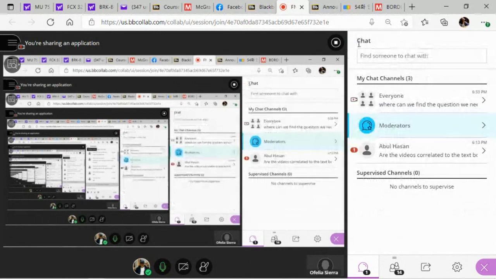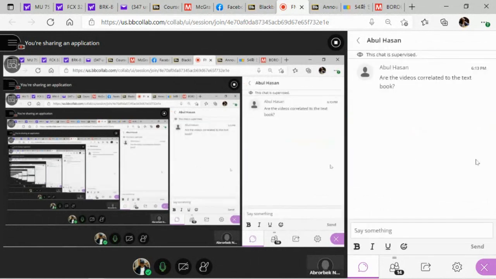Professor, is that how we're going to do the quizzes? Where are we going to do the quizzes from? It's going to be on Blackboard. I have already prepared quizzes and exams on the Blackboard. It will be automatically graded. When you do it on Blackboard and submit it, it will be automatically graded.